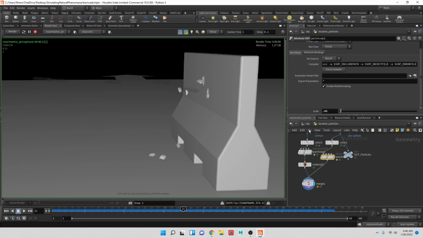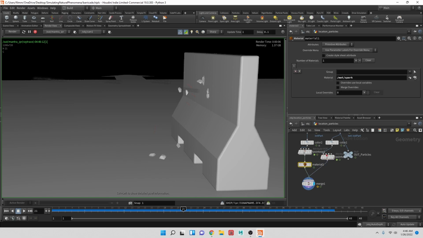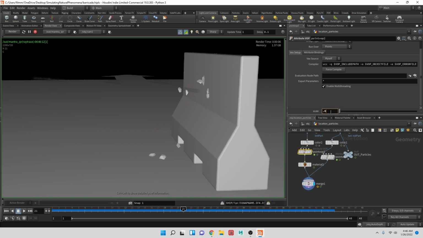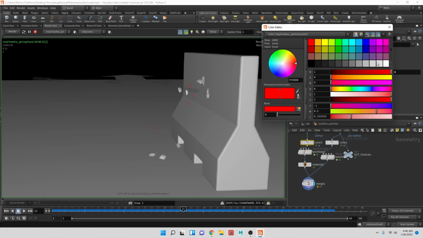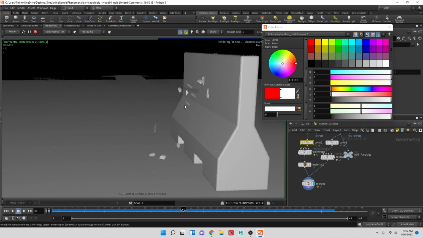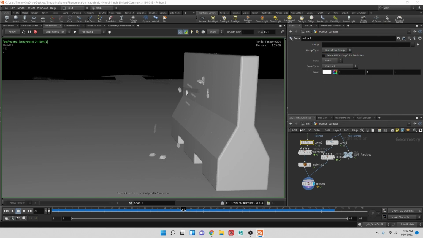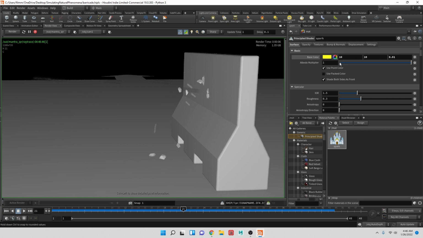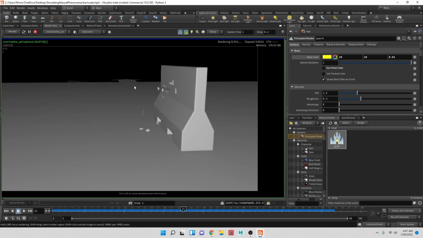And then we can adjust some lighting and stuff. This material, though, I'm not happy with yet. I wonder if it's going to look much different if we put it at 0.01. Okay, let's take this color and maybe make it white. Okay, so we have a white color, and then the material, we can use the point color or not use it. Let's see, we have to update the render here. So if we don't use it,